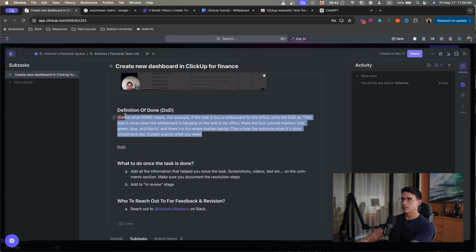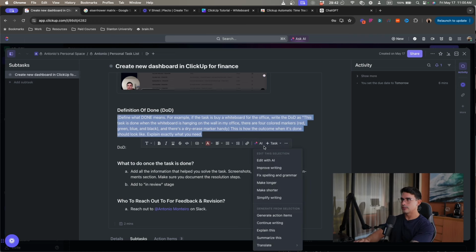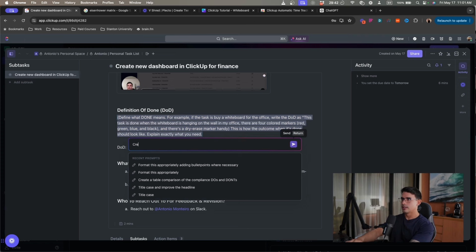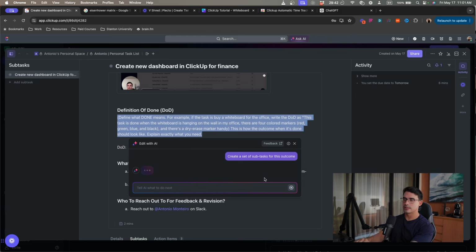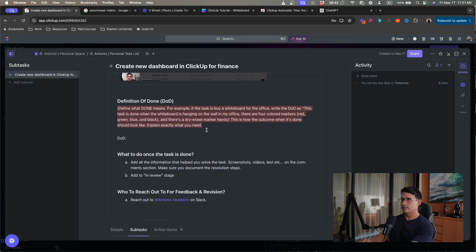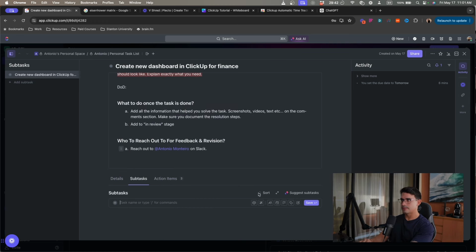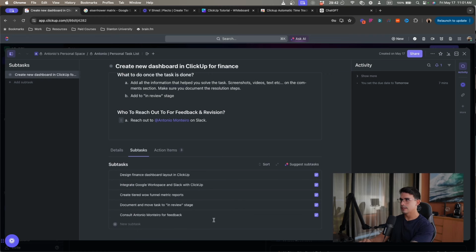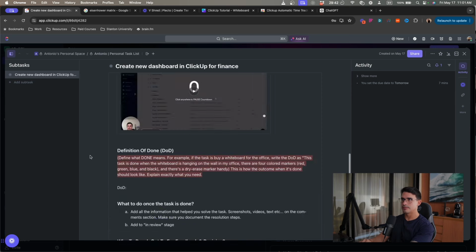Or you can use ClickUp AI over here to create a set of subtasks for this outcome, for example, and see what it does. So it can give you an idea of how to get it going, right? And then you can create the subtasks over here, and you can also use the suggestion of subtasks over here. All right, and you can either use this or not.